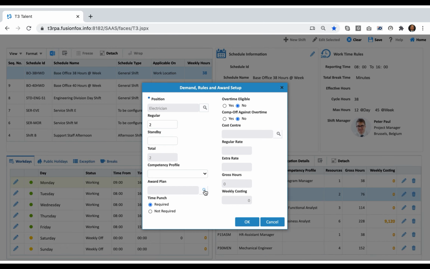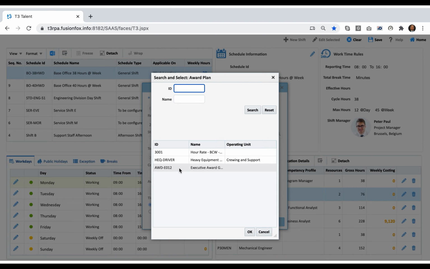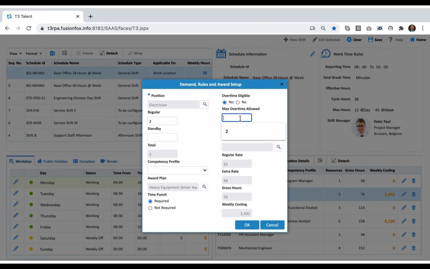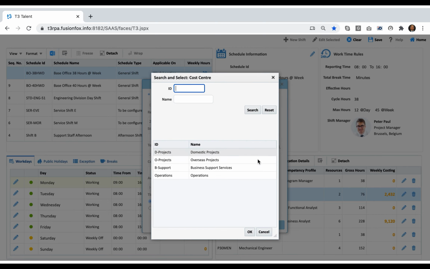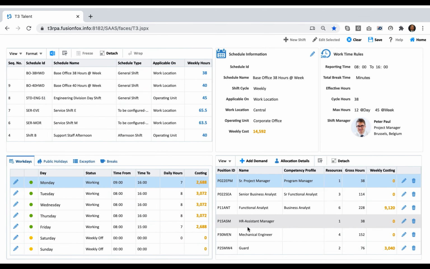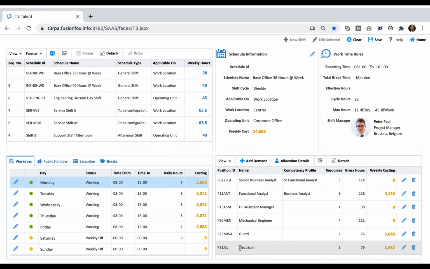And then we can select the competency profile if we have one, otherwise we can say which rate is applicable. So we can select this rate. So this is an award plan. Now we can also set the overtime eligibility rules and maximum ceiling. Comp off against overtime is about adding this extra work into your PTOs, and this is how it is calculated. Time punch you can also define as required or not required using this radio button. And this way you can edit or add demand